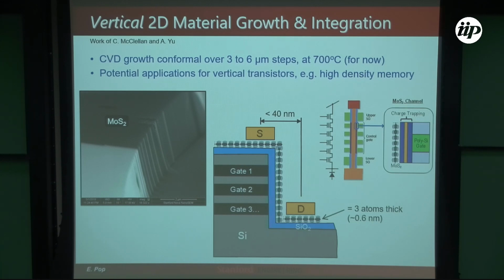That's kind of high. One thing that we've recently done in my lab with 2D materials that we cannot do with carbon nanotubes is we can actually grow moly sulfide, in this case, directly vertically over a step. So this is the cross section of the wafer here. Right? We've etched into the wafer. We put SiO2, obviously, as an insulator there so we don't short it out. We still have silicon in the substrate there. And then actually it turns out that the moly sulfide grows directly over the step and then down like this